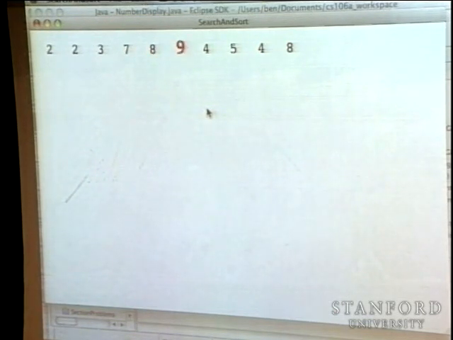So now, is anything less than 8? Well, 7 is, 4 is even less than 7. So now we swap the 8 with the 4. It's going to turn out that everything is less than 9, 5 in particular.